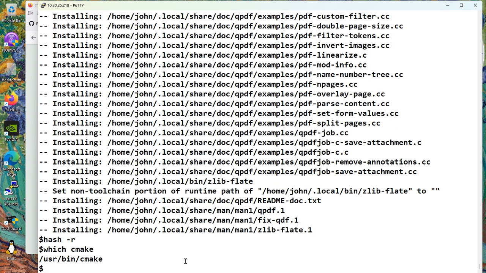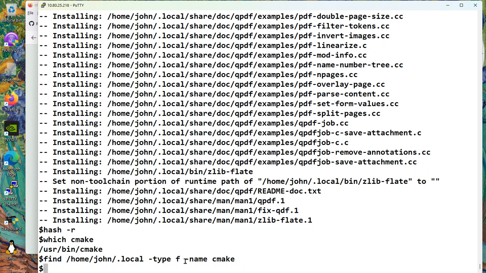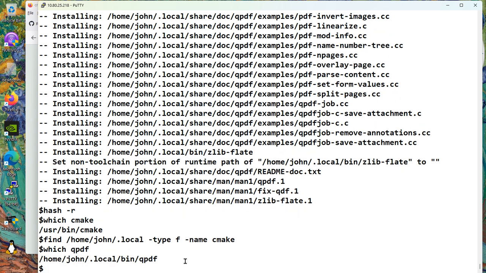It's still finding user bin cmake. So we need to look at home john .local. And you can see there's no cmake. Why is that? Because cmake is our build tool. We're not looking for cmake. We're looking for qpdf. Aha! So the qpdf is there, and if we get ready to run it,